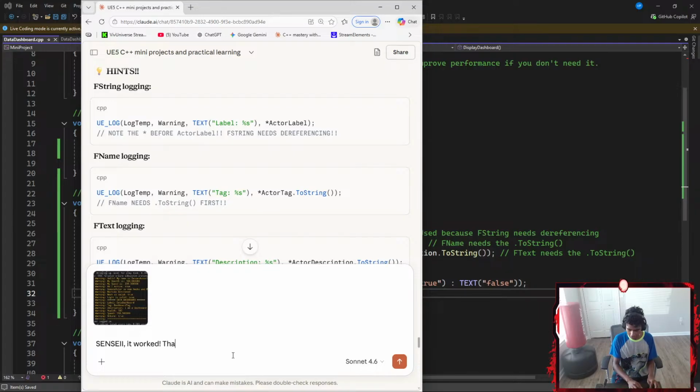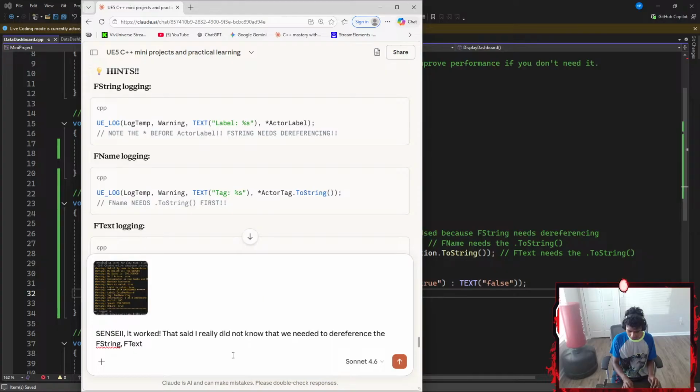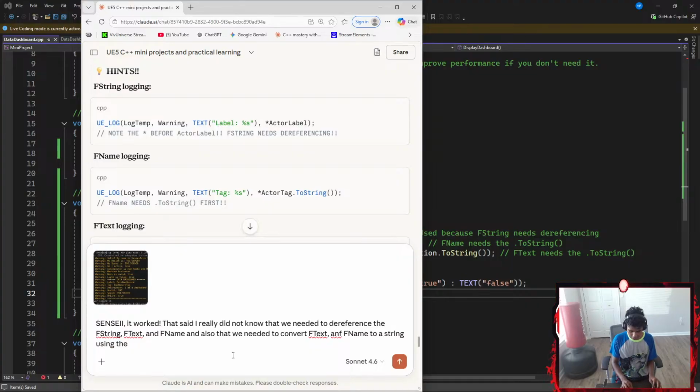Go to entrance something next and say: it worked! Exclamation. That said, I really did not know that we needed to dereference the F string, F text, and F name, and also that we needed to convert F text and F name to a string using the .toString method.